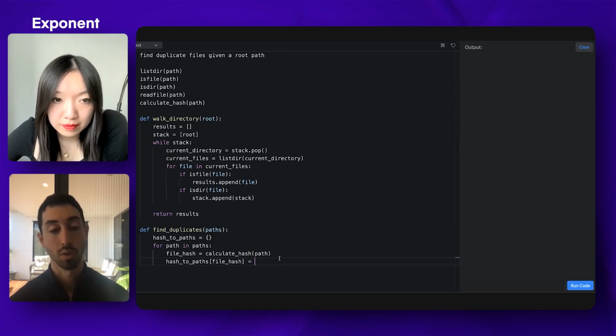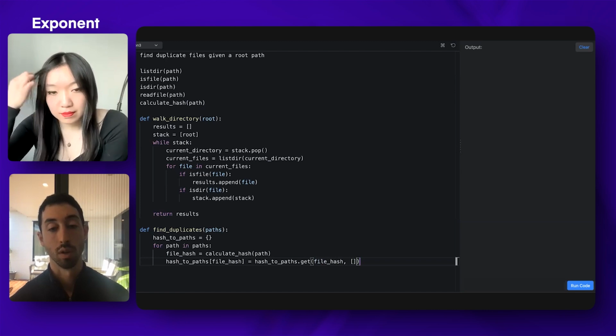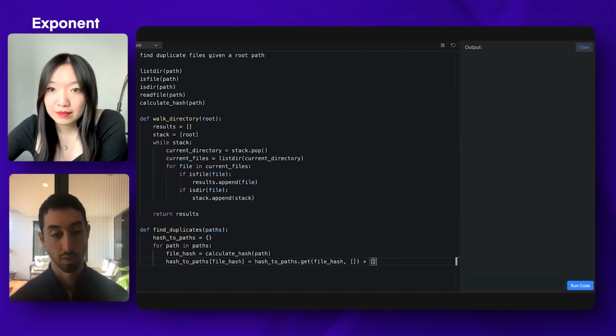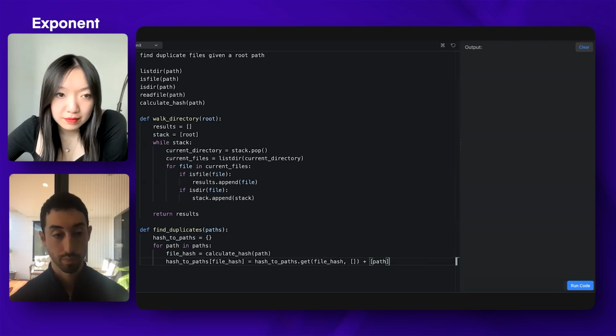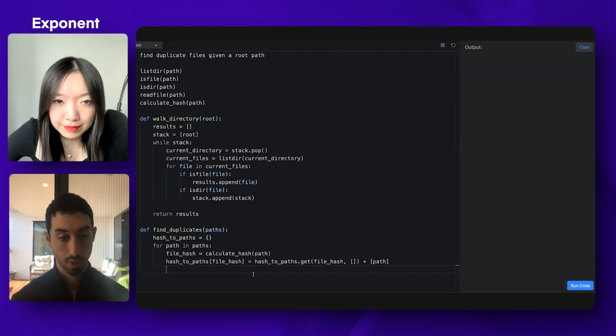So what I can do is I can get with a default. So I get file hash, or an empty list, and I'll append to it the new path. Like this.